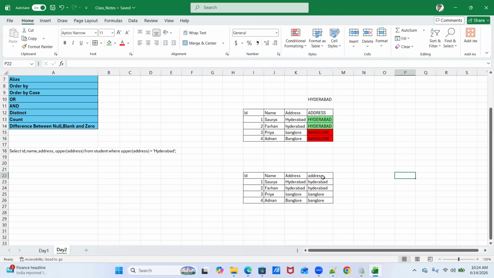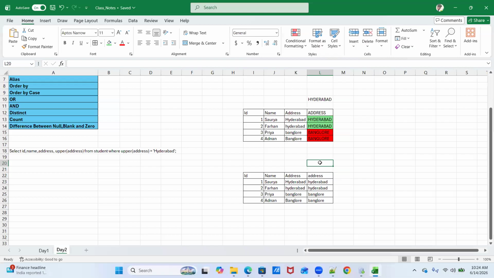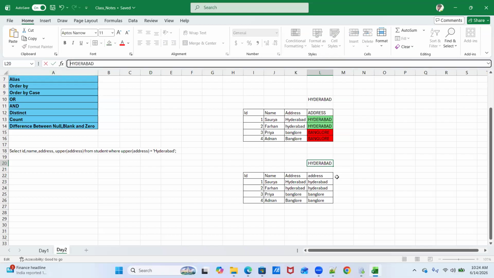So I converted this address column into lowercase. Now, what I wrote in the query is that this Hyderabad should match with this record.